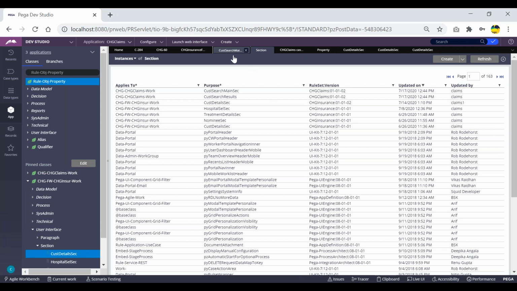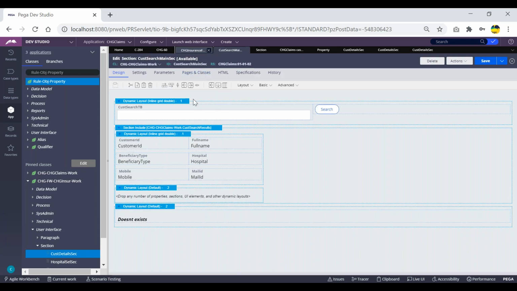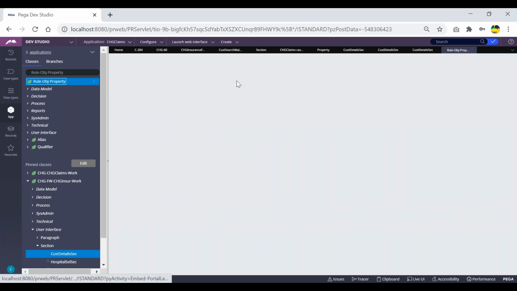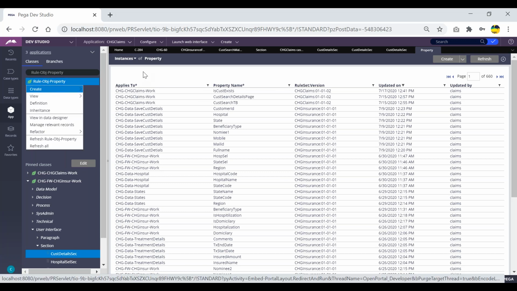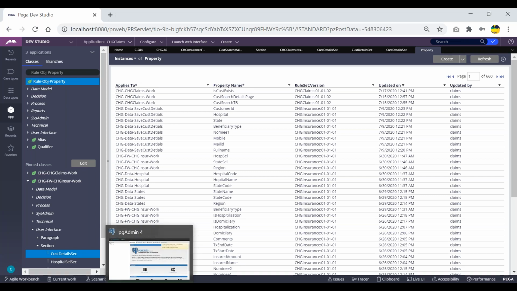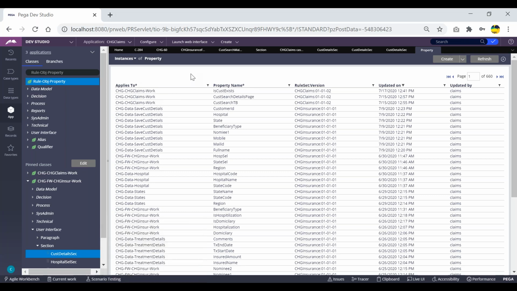Similarly, what is the PZDNS key of this one? What is the PZDNS key of this one? I mean, this one. For each and everything, as I told you, we can do it from the user interface only. We need not go to the database and check the particular table. Suppose I just want to check the PZDNS key of the first record. Okay, if you have limited knowledge as of now, how can we do that? We'll go to the particular table which is connected to this class, and I'll search for the table in the database, and for sure there should be one heading called PZDNS key, and there I will identify the PZDNS key of that. Okay, this is one thing.